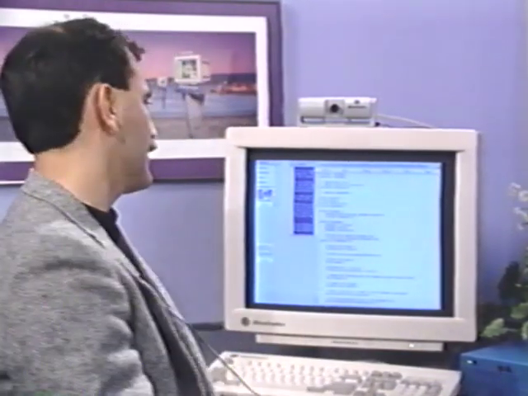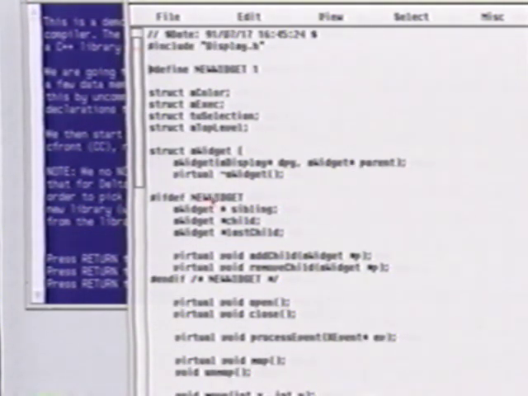And I'll demonstrate that for you now by running a race between the standard AT&T Cfront based compiler and the new Delta C++ with Smart Build. So if we look over here on screen, I have a header file that I'm going to change. I'm going to change this #define new widget 1, and you'll see that as a result of that, what I add in is some new code here. I add several member functions and member data items to a structure. Now typically as a result of this, I would have to recompile just about everything in my application that used